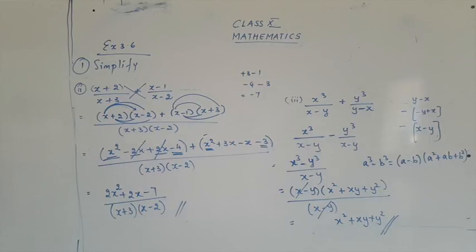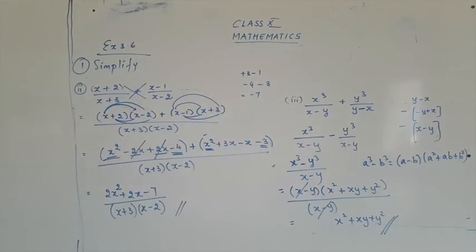So from question number 1, we have seen the 3 subparts. The sum was clear to you. We have done 2 types of sums. One was with the like denominator and one was with the unlike denominator. And for the third subpart, we changed the unlike denominator in terms of like denominator. So you have to see the question carefully. You have to understand the question carefully, and accordingly you have to proceed with the sums.